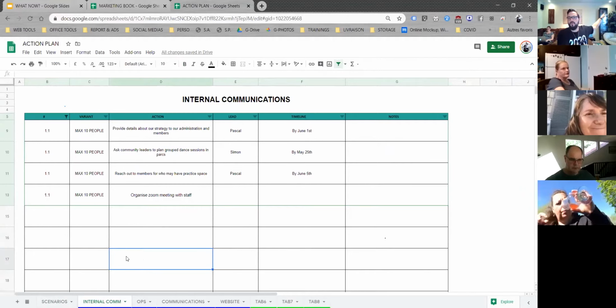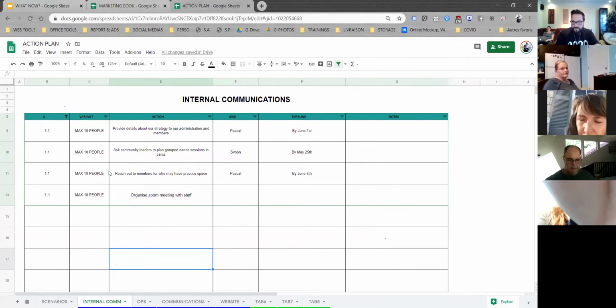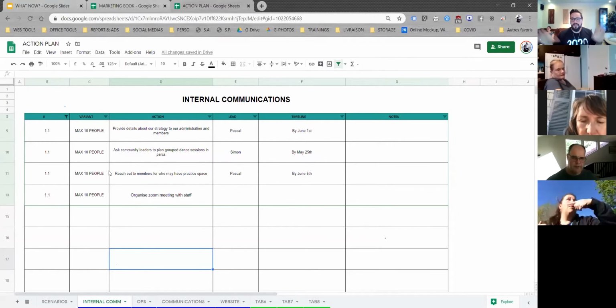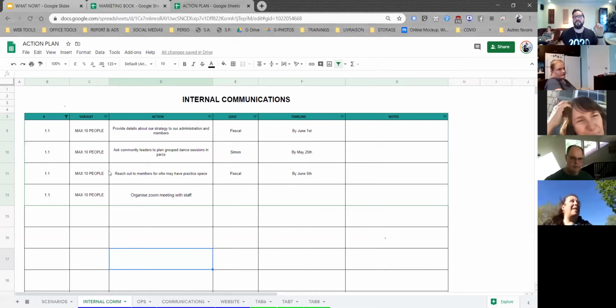All of the other scenarios that might happen later disappear temporarily, and we can focus on scenario 1.1. All of your team can have access to this as well because this is a Google spreadsheet, which means everybody can work from the same document. Everybody knows instantly. Let's say we're in Liberty Swing organization. John can just say to everyone, okay, there's been news. We are going for scenario 1.1. Sends that information to his team, and everybody can go in there.